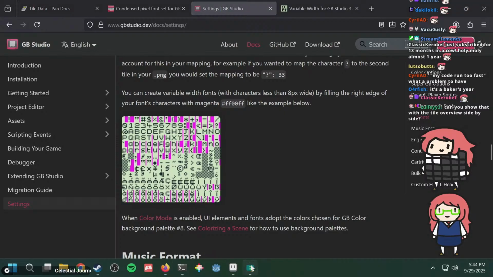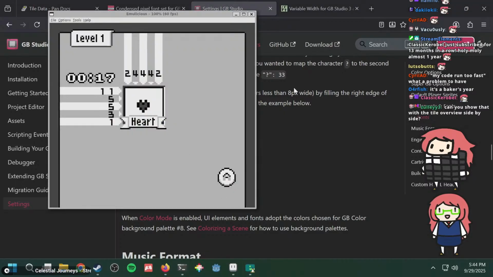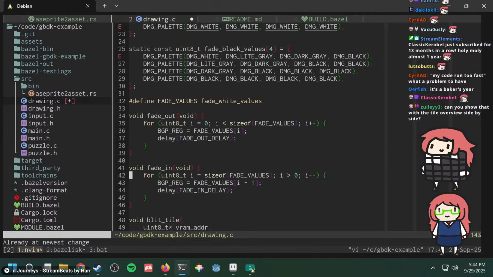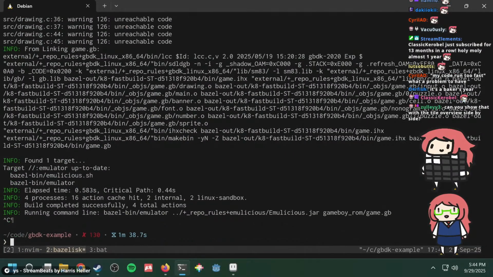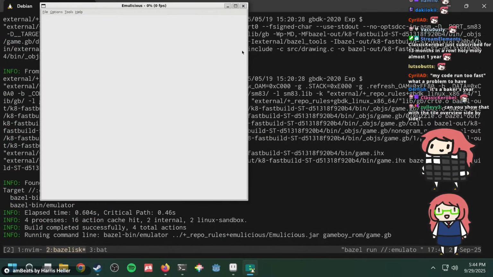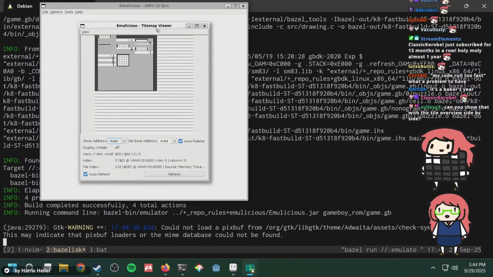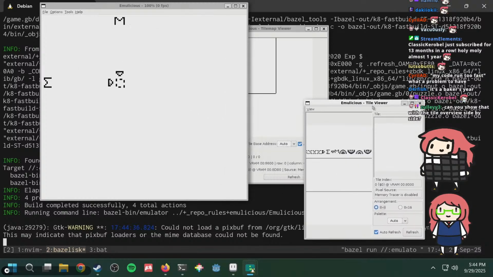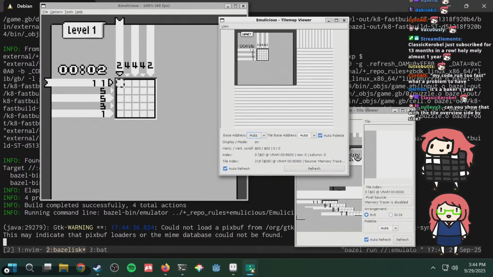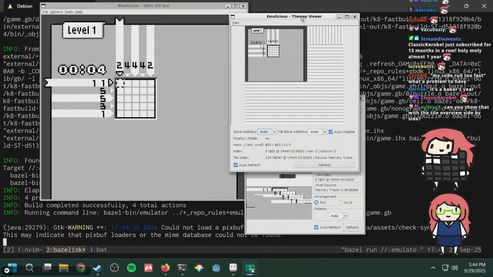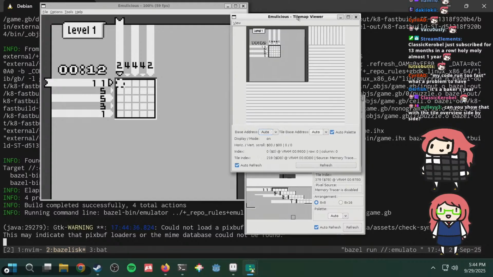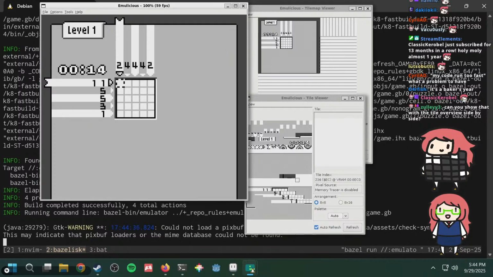Oh, you mean the... yes. Let me go back. If I rerun it, and then I press F3, F4. Okay. So if you take a look, this is the tile map viewer. This is the tile set viewer. And so if you go here,